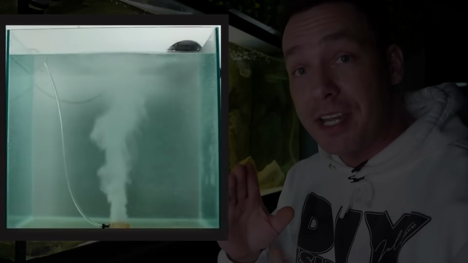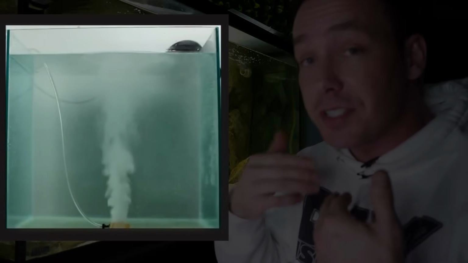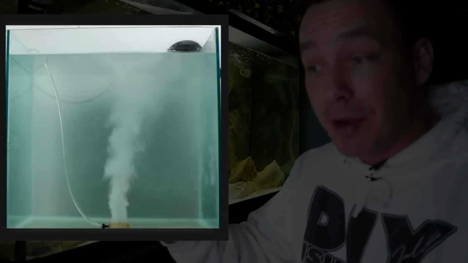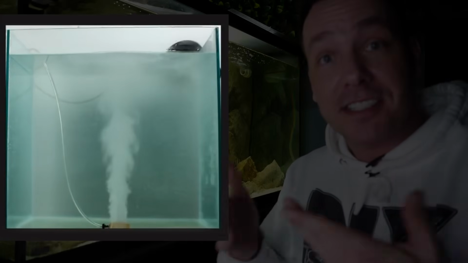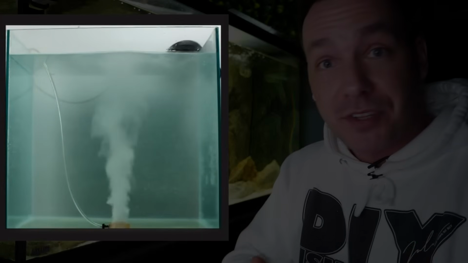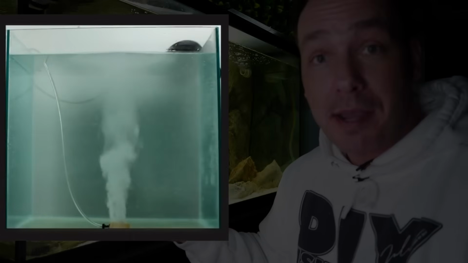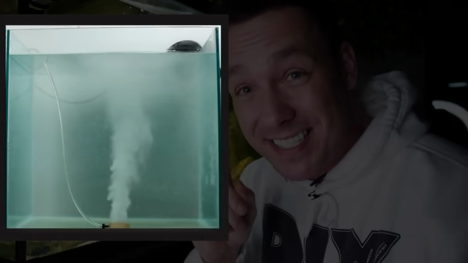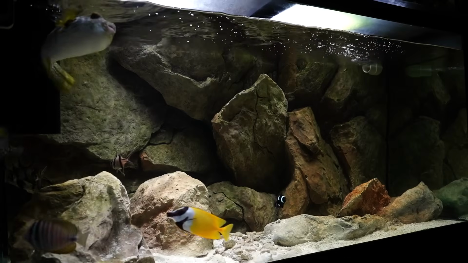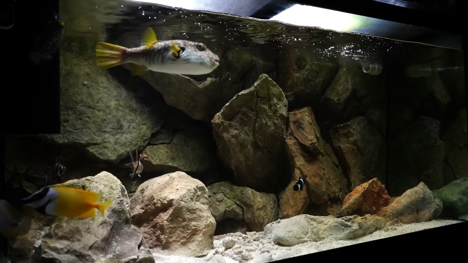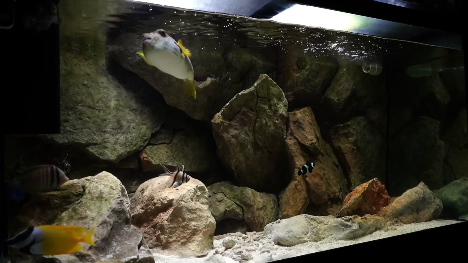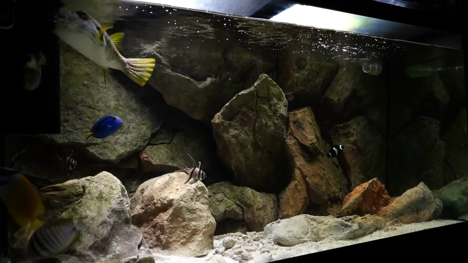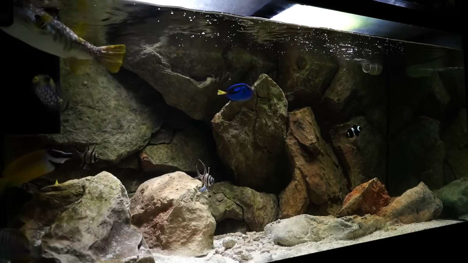Personally, I prefer it because it's a cheap way for circulation as well as surface agitation. Now let's put that bubbler in a saltwater tank using the same stone and the same air pressure, and notice the difference in the bubbles, their size. In a saltwater aquarium, we can create bubbles that are 4 to 5 times smaller than in freshwater, and that's simply due to surface tension. Basically, there's greater surface tension in a saltwater aquarium. And when it comes to creating those tiny micro bubbles, that's absolutely perfect.